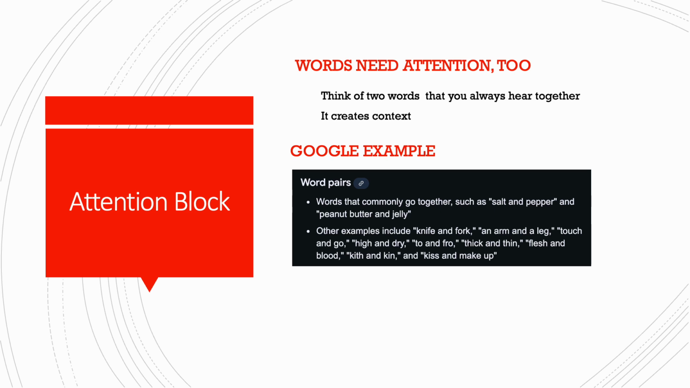Now, a good way to think about the attention block is like, what two words do you constantly hear that are always paired together? Well, a quick Google search helped me find some examples. For example, salt and pepper, peanut butter and jelly, knife and fork. Some of them are not likely to be together. I don't know where those came from, but I think that goes to show